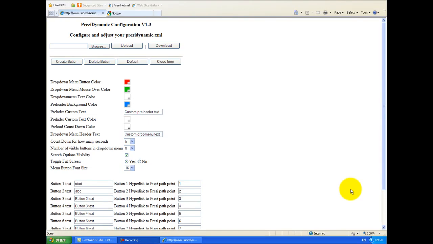Hi, this is how to configure and customize the prezidynamic version 1.3 application. Once you've hopefully got some insight from this video, you can click on the link and go to this link on our website, make the configuration and customization changes that you wish, and then your prezidynamic application will be ready